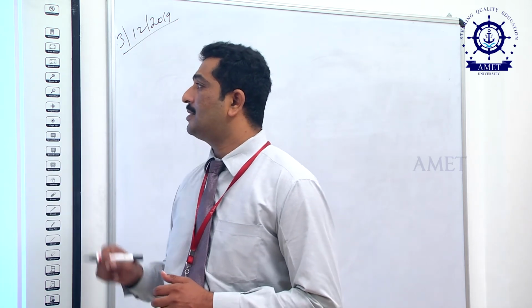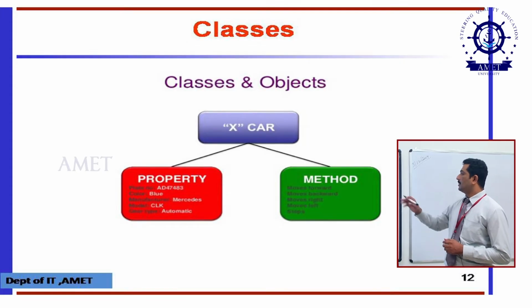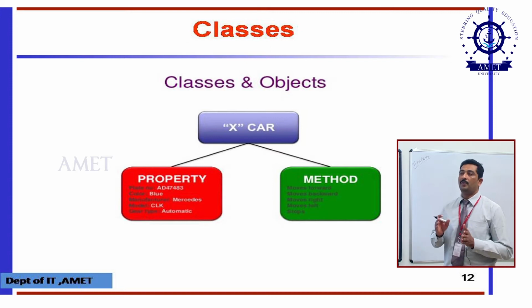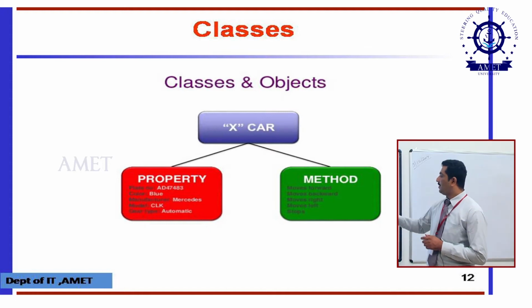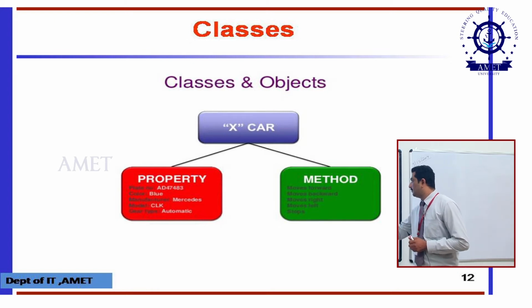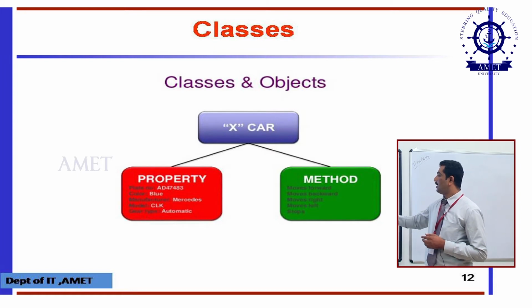Here the class represents the data type, and the objects represent the variables. This is a symbolic diagram of class and object, where two objects are covered by a single class. What is the role of the object here? As I said, objects represent variables. A variable allocates some memory for particular data. Suppose car is a class, and we have two things there, one is a property and another is a method. These two things occupy some memory in your memory space. Those represent objects, and the collection of objects is called a class.